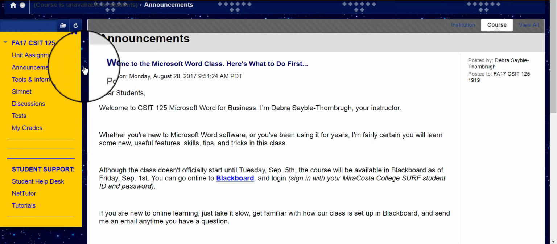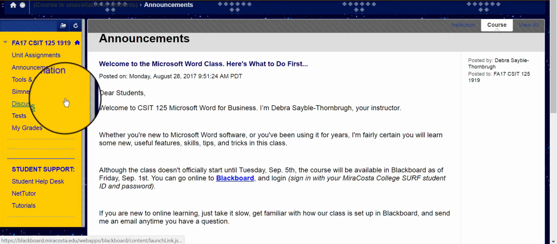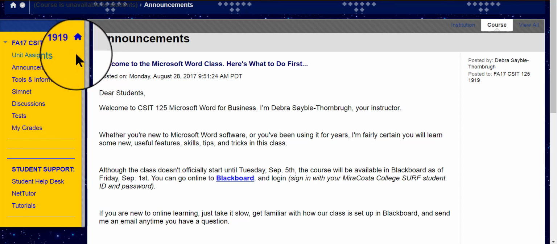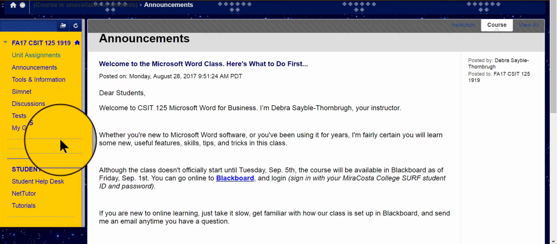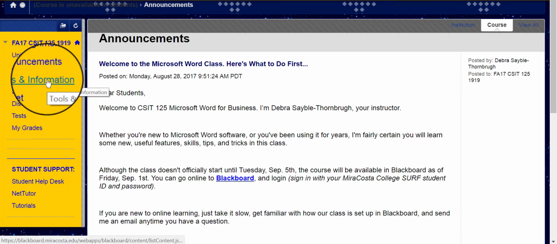On the left-hand side, behind or on the yellow panel here, there is a menu of links from which you can click to navigate around in Blackboard. One of the first links you should look at is this one. It's called Tools and Information. Click that link